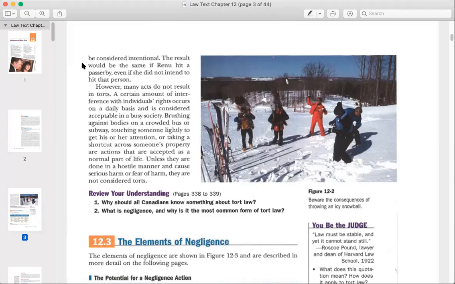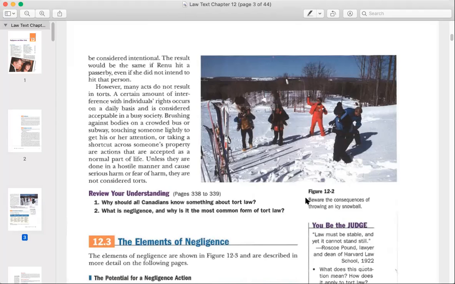Unless they are done in a hostile manner and cause serious harm or fear of harm, they are not considered torts or wrongs. Beware the consequence of throwing an icy snowball. And again, hopefully you'll have some sympathy for the school later on as we talk about the concept of social host liability, because sometimes you will hear Mr. DeBoer come on the announcements and say,